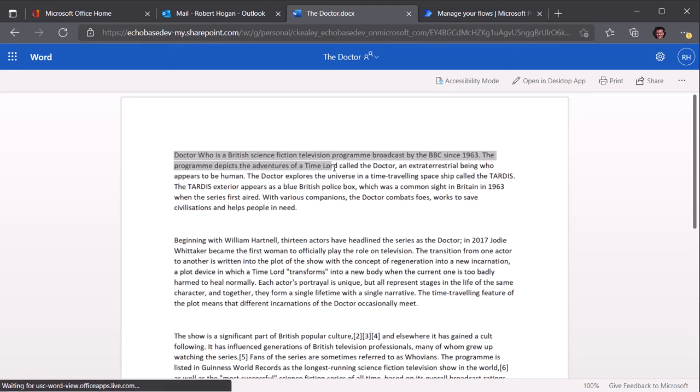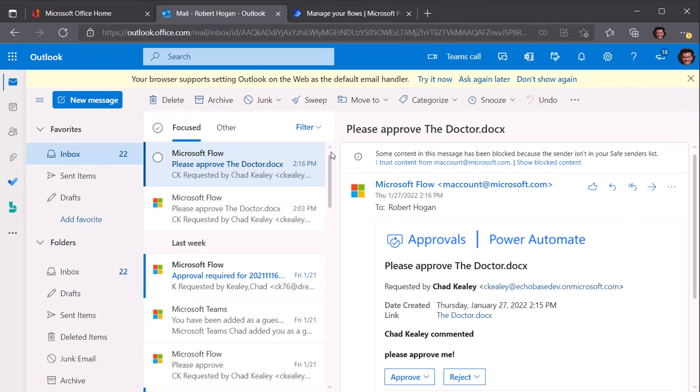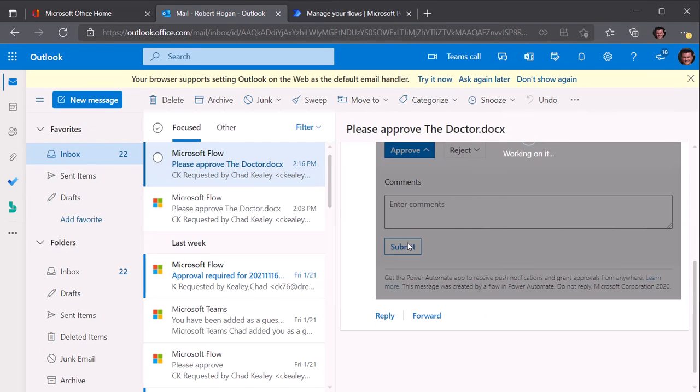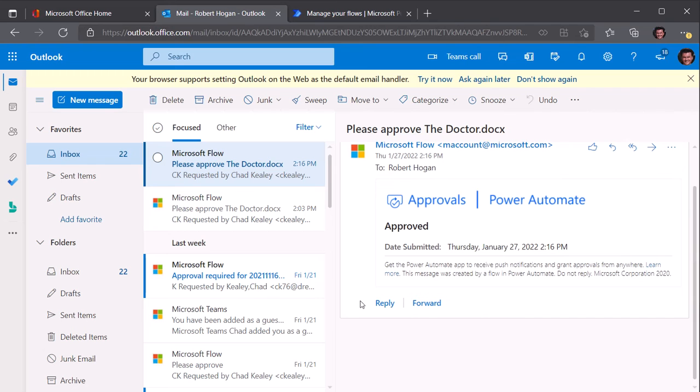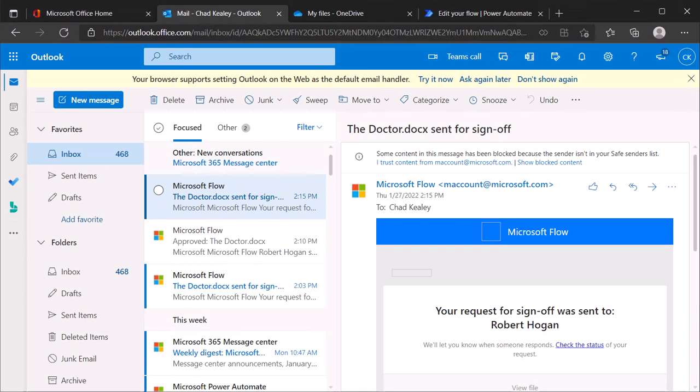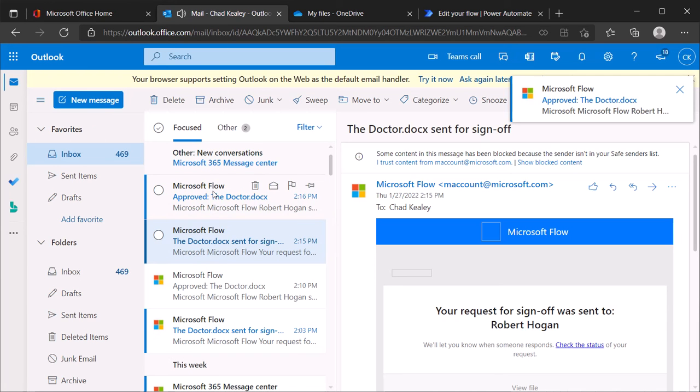I have read permission or view permission to the file, all I can do is view it, and then I can go back to my email and approve or reject it. So I'll approve it and just say that's fine. So that's the basic gist of the request sign off flow in OneDrive. It's simple. It works for those simple scenarios where you just want someone to say, yeah, that's good, or